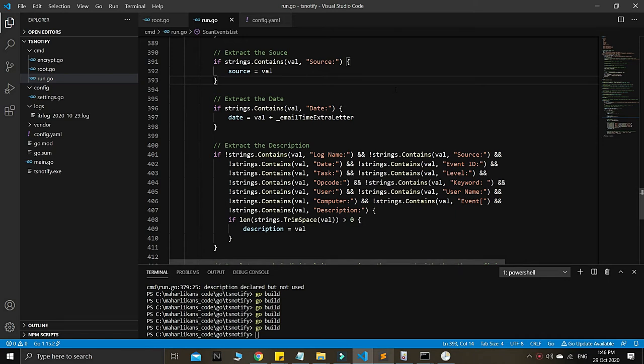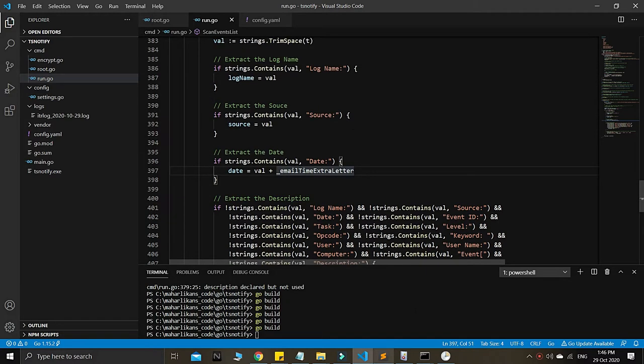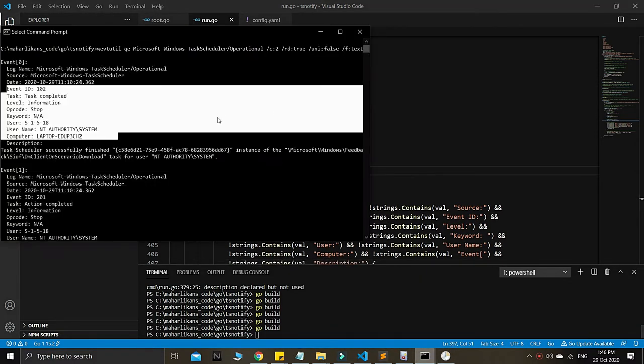This is tutorial series number 13 here in Maharlikans code regarding this TSNotify series. This is our small Golang project, guys, so that you can use it for your software needs. So probably we need to continue now regarding this